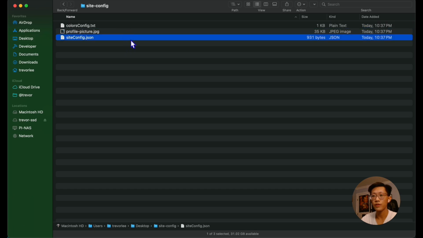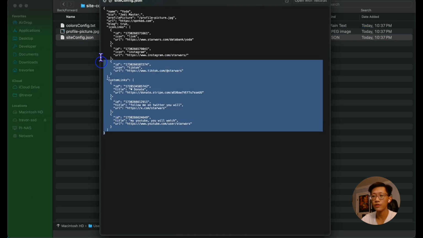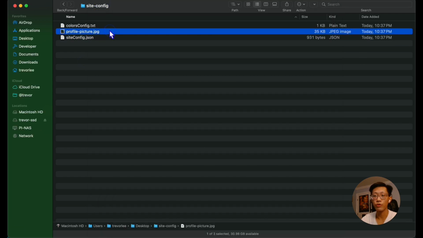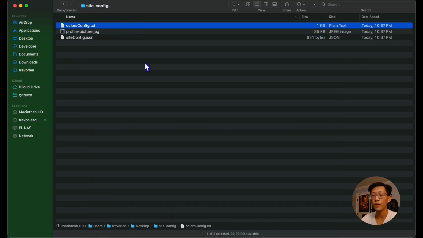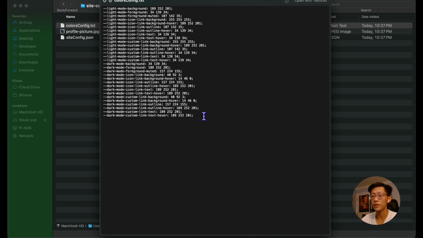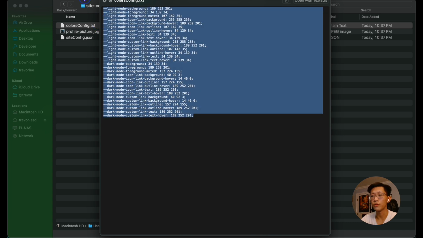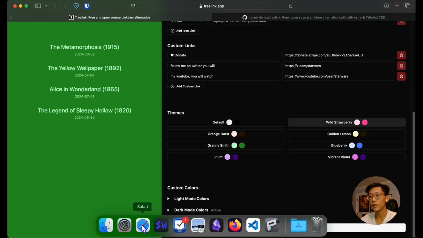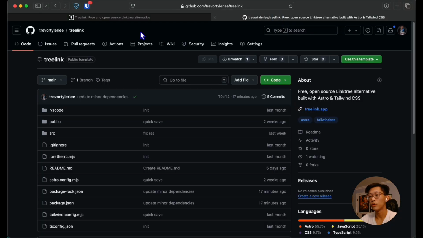Inside the folder, you can see that there's a siteconfig.json, which we're going to need later. And there's also your profile picture that you uploaded. And then there's a colorsconfig.txt that's full of all the CSS color variables that we're going to use later. So now let's go back to our browser and open up